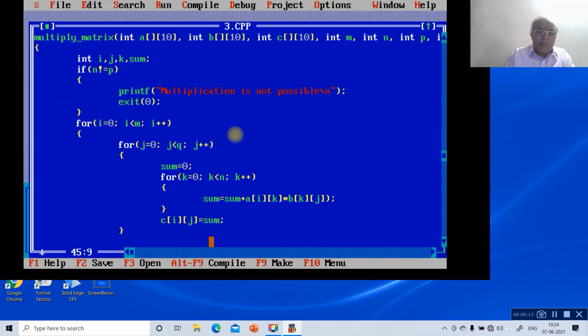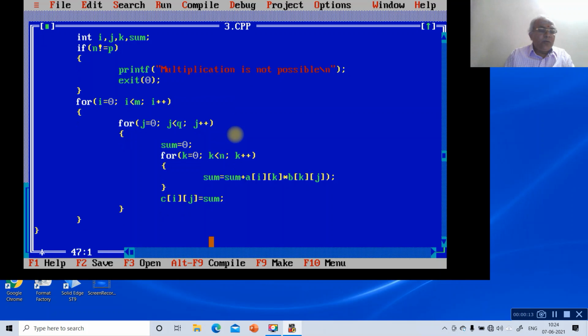Then close this, close this, and close the outer loop.